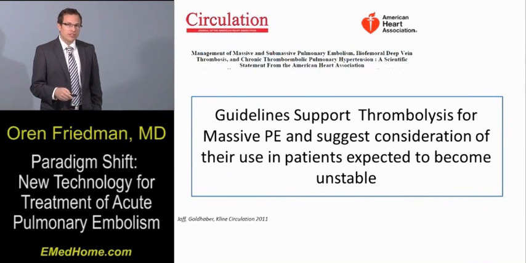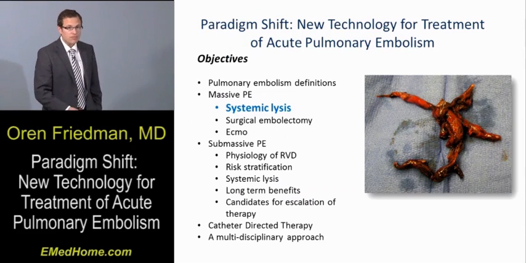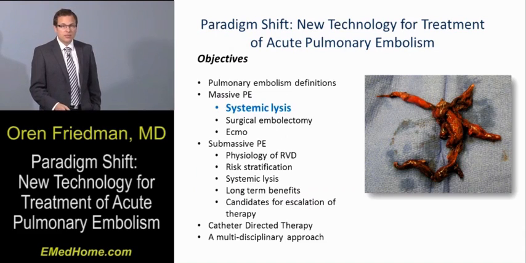Guidelines strongly support the use of IV systemic thrombolytics in massive pulmonary embolism, and the newer guidelines also suggest that if you anticipate your patient's about to become rapidly very unstable, you should also consider escalating to IV systemic thrombolytics in those situations as well. With that, we're going to talk about some of the data and the evidence behind using systemic thrombolytics in the